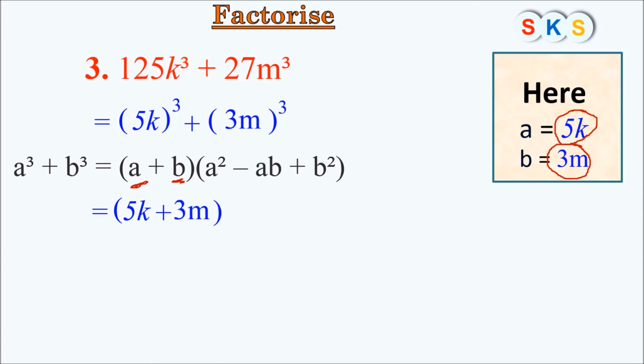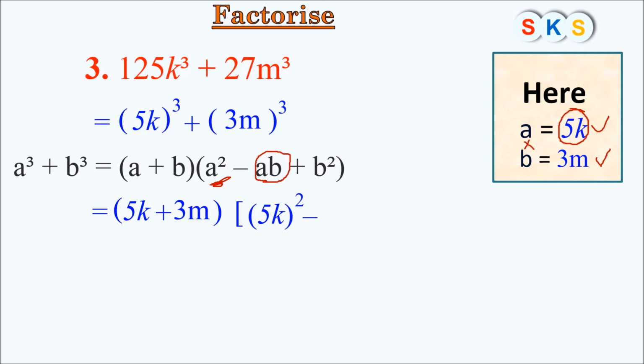Now same way we will solve the second bracket. You can see in the second bracket, the first term is a square. And what is the value of a? You can see in the box it's 5k. So at the place of a we will write 5k, so we will get here 5k the whole square minus, after minus, what you can see over here in the second bracket, it's ab. ab means a into b. Look at the box, a is 5k and b is 3m. So a into b,